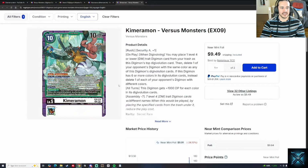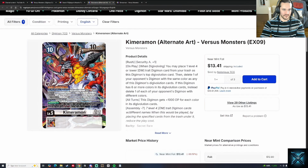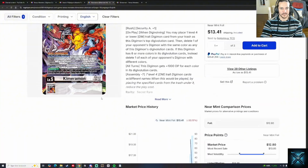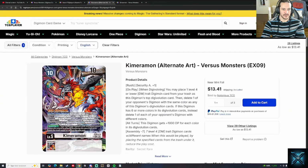But I don't think this card is going to be seen in a lot of other decks outside of its own deck, and it's very interesting to see it be so cheap. The alt art is 13 bucks. Market price $12. You see some low listings for 13. I would pick up your playsets of both of these cards if you want to play them right now. These are so low. I am very surprised to see Chimeramon being so cheap in this set,